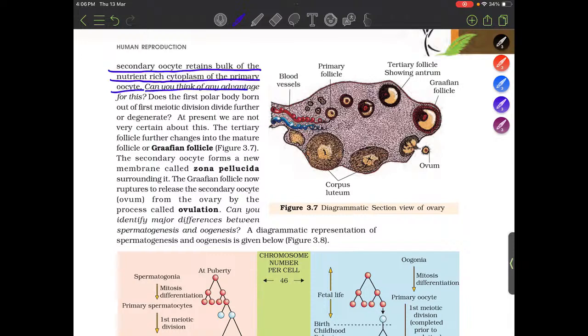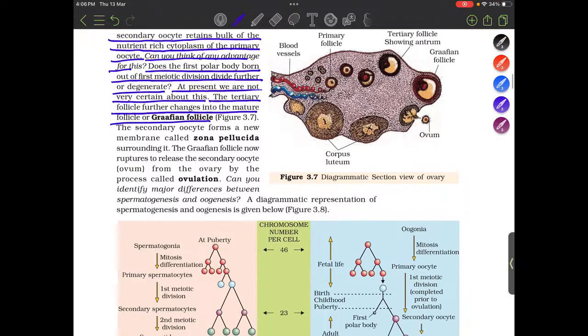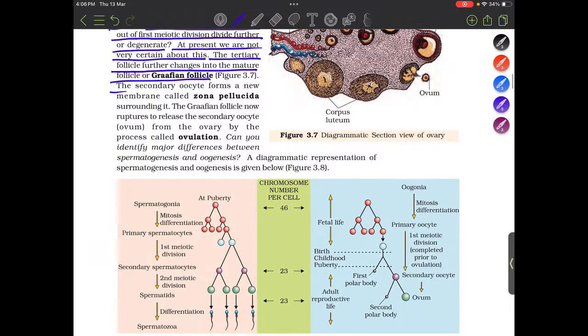Can you explain the advantage of this? Does the first polar body born out of the first meiotic division divide further or degenerate? At present, we are not very certain about this. The tertiary follicle further changes into a mature follicle or Graafian follicle. The secondary oocyte forms a new membrane called the zona